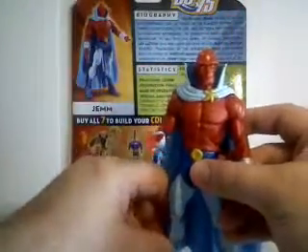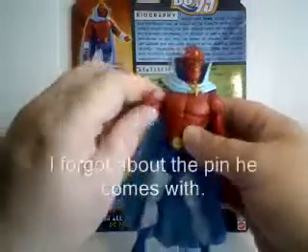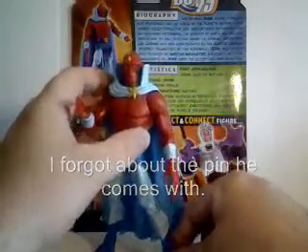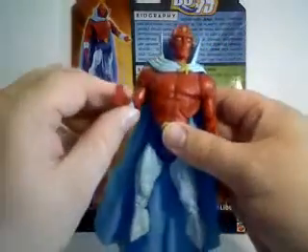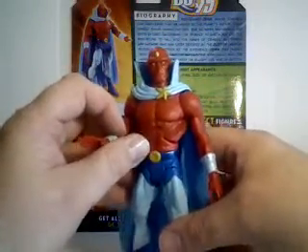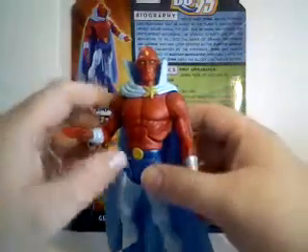Probably out of all the figures, this is the weakest in this series. He has absolutely no accessories other than the Validus piece that he comes with. As you can see, he kind of looks a lot like Martian Manhunter, and there's a reason for that in his backstory. You see, there were three races that originated on